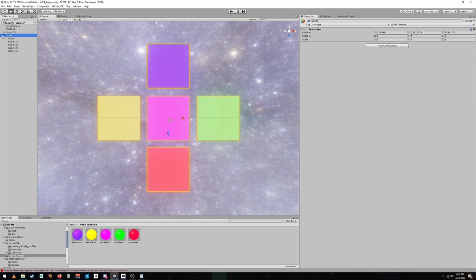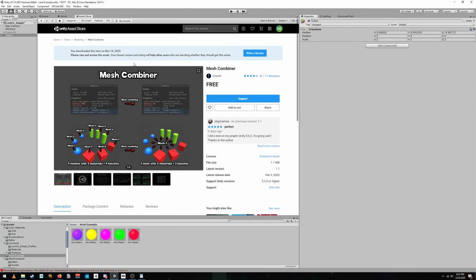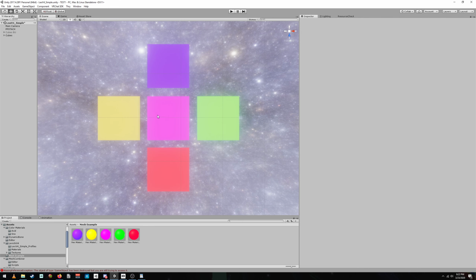Now let's go ahead and start combining these because we want to combine these all to a single mesh. We're going to need a free asset on the asset store called Mesh Combiner. It's quite nice because it allows you to combine multiple materials into a single mesh. Most of them require a single material, so this is quite nice. Go ahead and download and import that. Once it's downloaded and imported, excuse me,